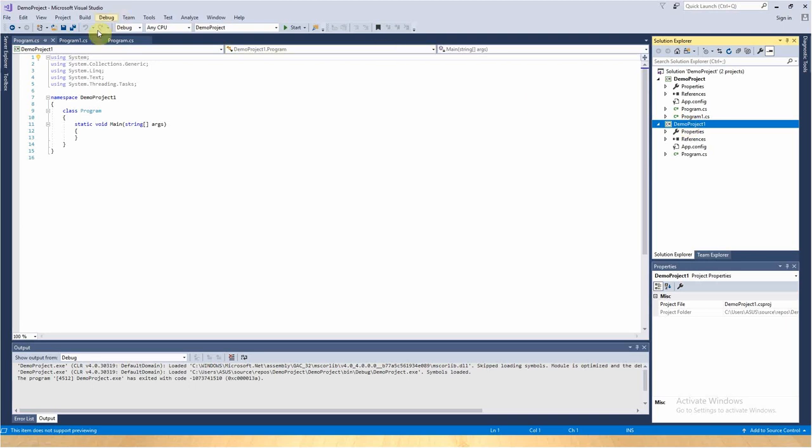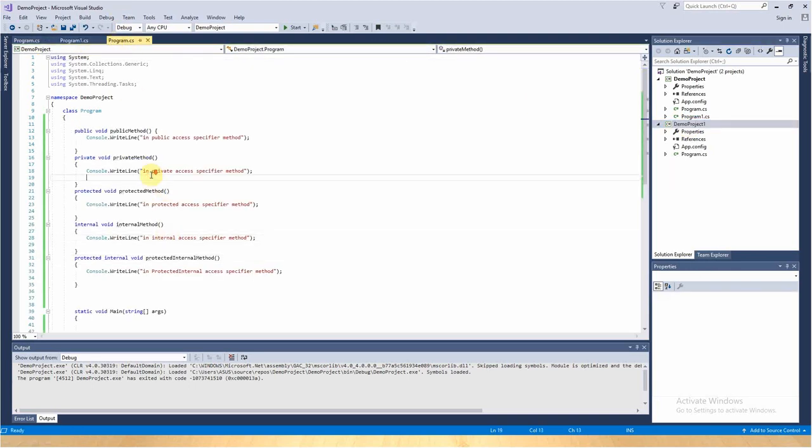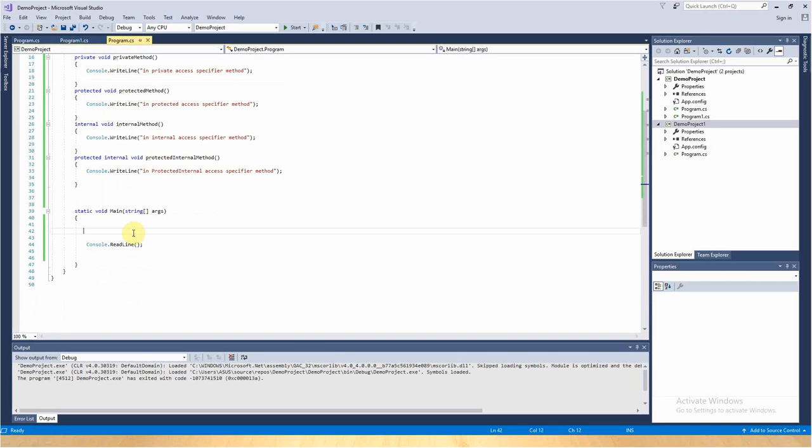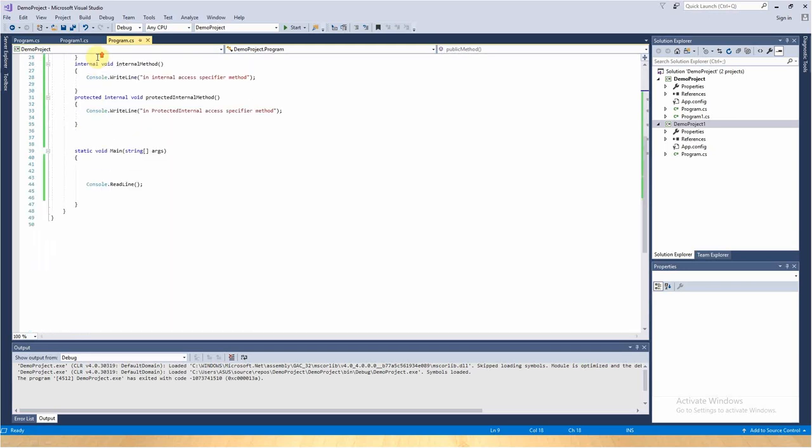And how can I get the references? Let me compile this. If I don't compile, the exe file will not get created and I will not be able to add the reference. So for compiling, what I need to do is just create the